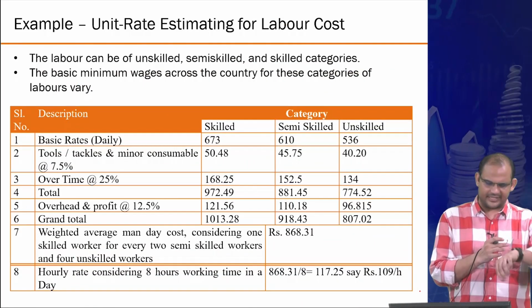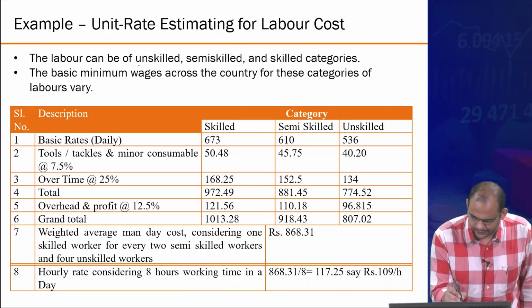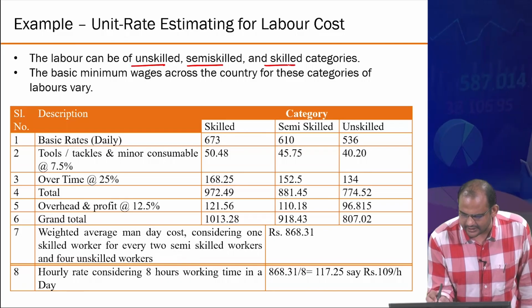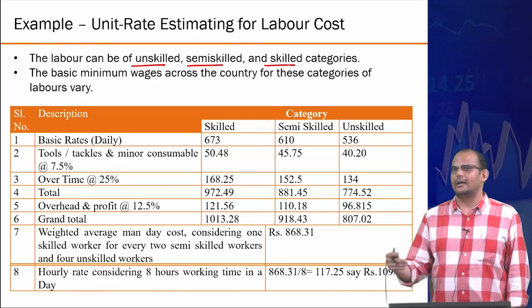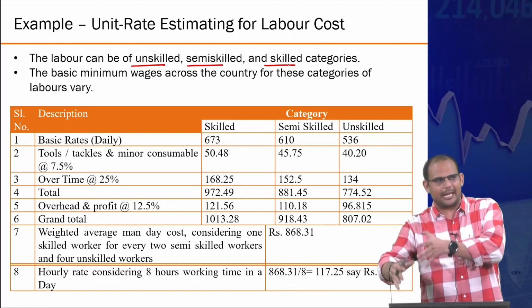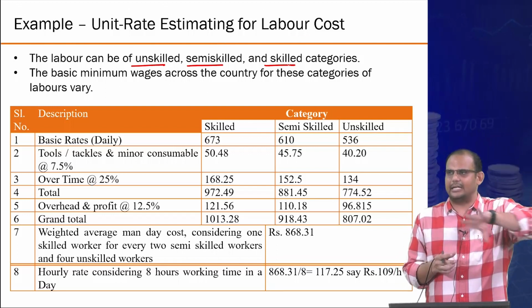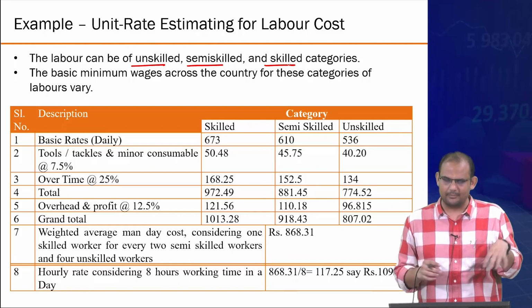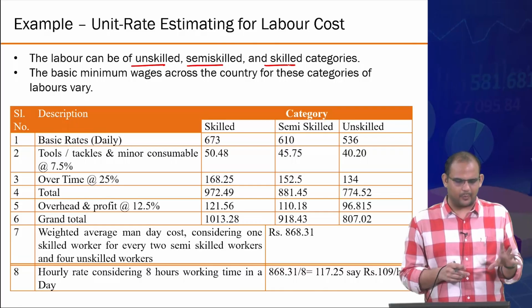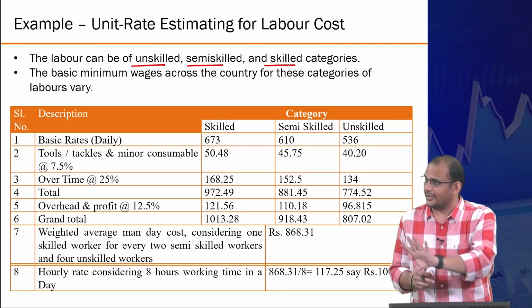I'll just give you a brief example of labor, right? So one of the fundamental things that you need to know in labor is that the wages for skilled, unskilled and semi-skilled are different. Of course, you can define mason versus bar bender and so on, but on an average you could also classify them as skilled, unskilled or semi-skilled kind of a job. You could have a further distinction between skilled male versus skilled female. There are real differences on site.